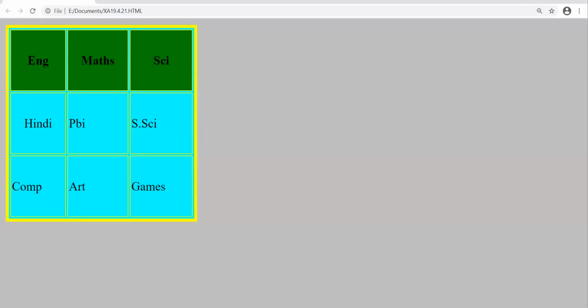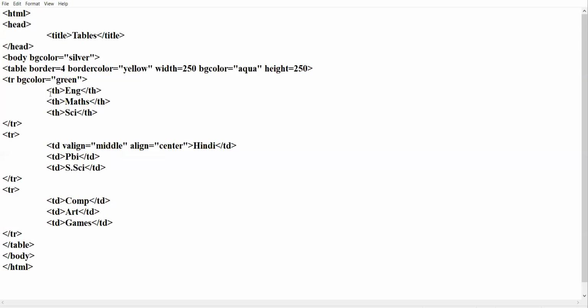Now the last concept of the day. This was align and V align with respect to TR, TD and TH. What if I give align attribute inside the table tag?